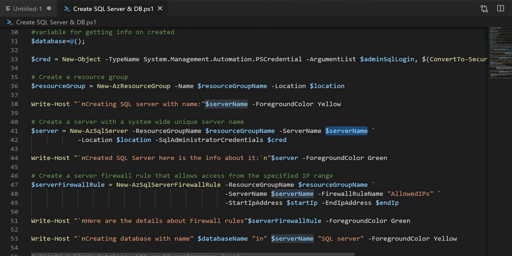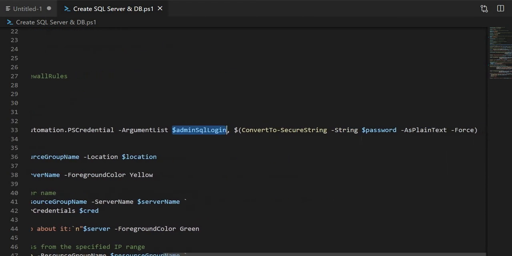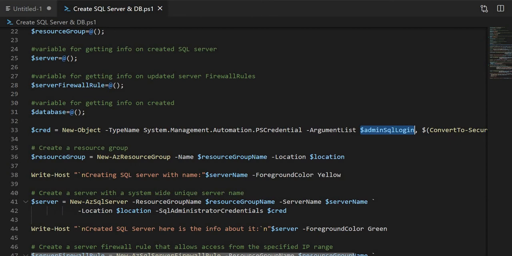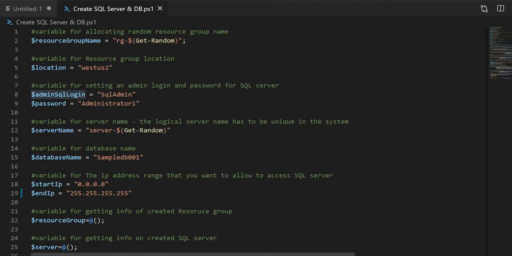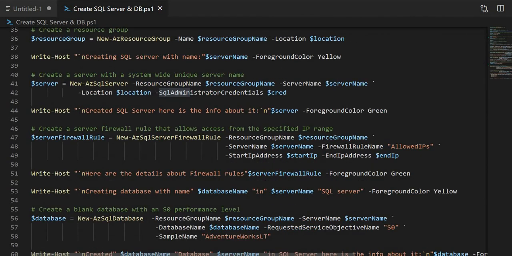The server name should be unique, and you have to provide the SQL administrative credentials. Here I created the credentials using the SQL login parameter, and I converted the password to a secure string. So here are the username, which is SQL admin, and the password, which is administrator1. After creating the SQL server with New-AzSqlServer, you can create